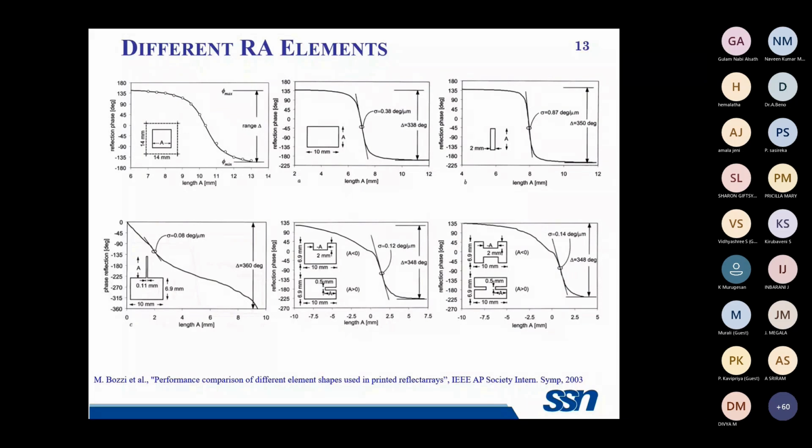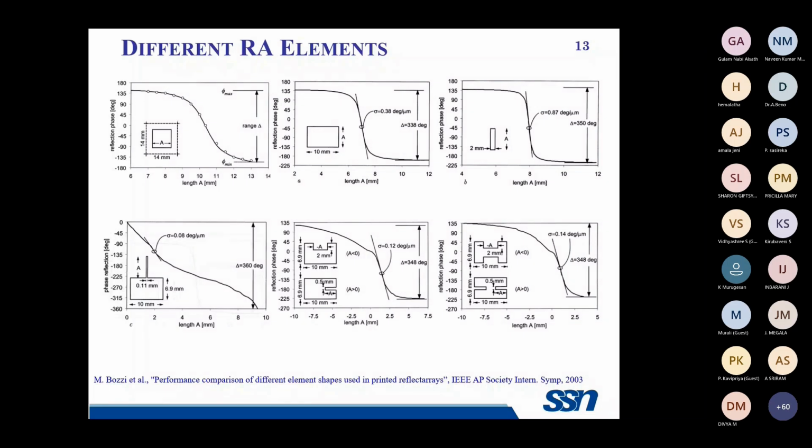And if we go, instead of a square patch, for a rectangular patch, the next picture shows us a rectangular patch. In the case of rectangular patches, we are aware that we have two sides, the length and breadth of the rectangular patch. So any of these can be varied. Here the degree of freedom increases. So when we have an increase in the degree of freedom, we'll be able to vary it to a very large extent, and we'll be able to obtain the increased phase range. That's what we discussed in our previous slide.